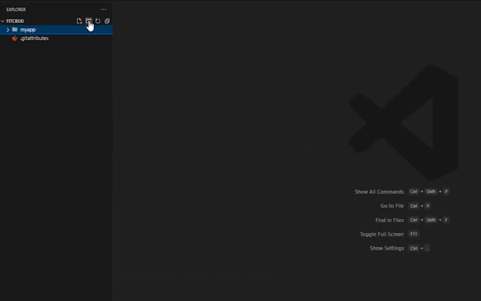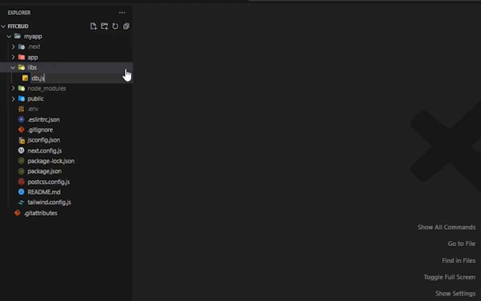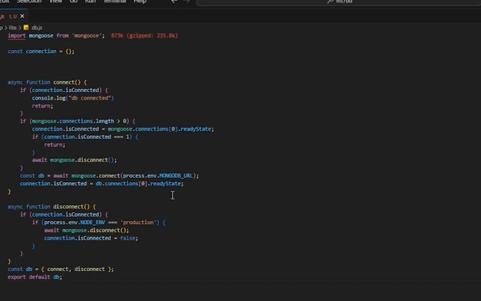Now back within the root directory, let's create another folder named libs. And within the libs folder, let's add a file named db.js. Now I'm going to paste in some code, and this is basically a connection function that's going to utilize our NEXTJS application MongoDB connection string and access our MongoDB cluster. This is just basic boiler code. Feel free to copy it from the GitHub repo that's in the description below. Or you can just pause the video and copy this code. This is just one of the connection functions that you can use in order to connect the MongoDB cluster to